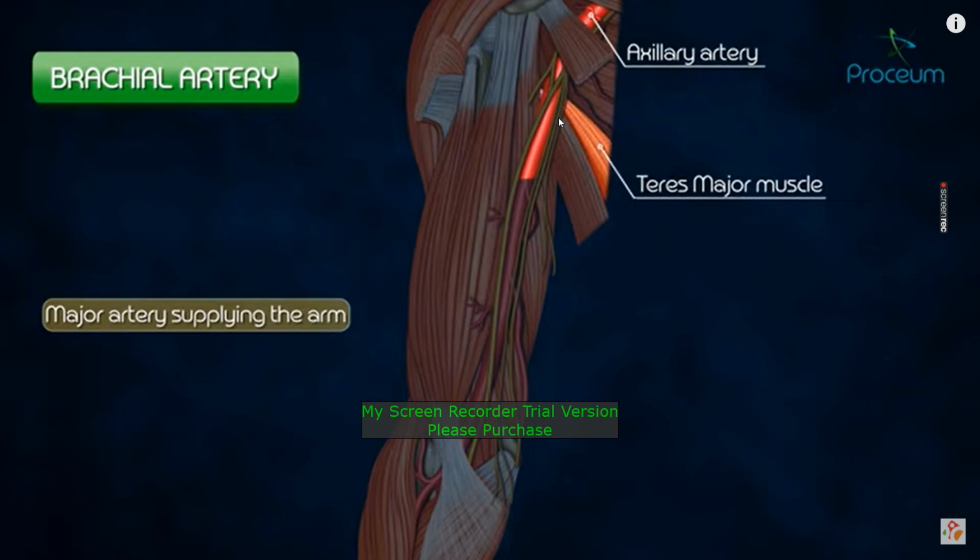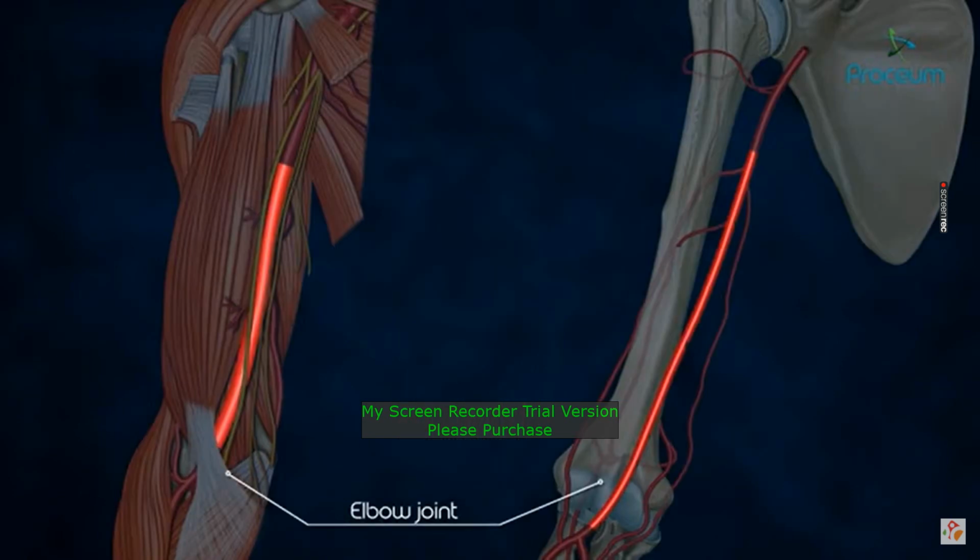The axillary artery ends here at the inferior border of the teres major muscle. After that we call it the brachial artery. So the beginning of the brachial artery is at the inferior border of the teres major muscle. It is on the medial side of the arm, and it travels downwards and laterally,